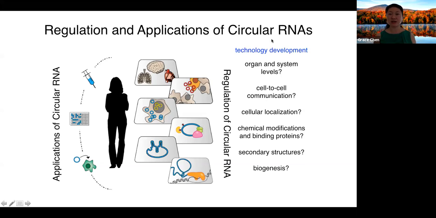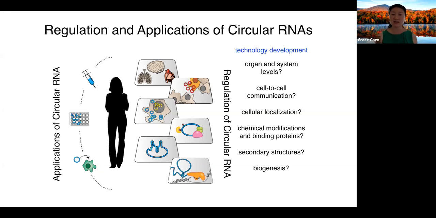And then I also want to comment on the fact that there's a strong need for technology development. For much of RNA biology's history, the focus has been on linear RNAs. In fact, we have a lot of assumptions that all RNAs we're interested in are linear, and they have a 5' end and 3' end. This might be why circular RNAs were overlooked for many decades until more recently. So we really want to develop new approaches that can target circular RNAs, as well as look at linear RNAs and compare them.